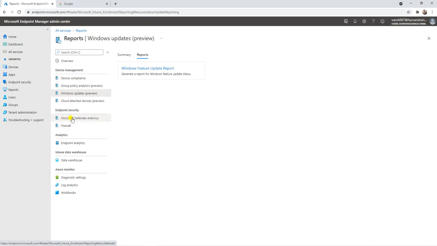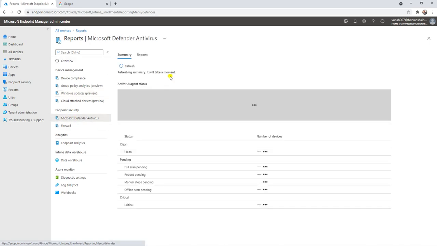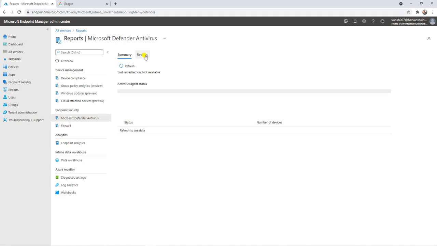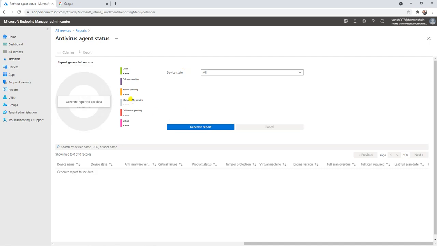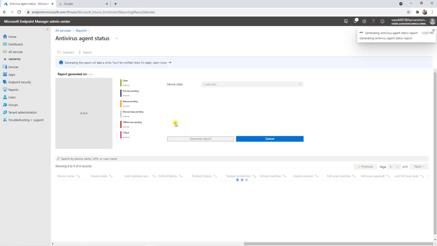Then this is about the Windows Defender antivirus report, how many devices are enrolled there, or the total clients. And if you want to check the in-depth report, you can click here. And the antivirus engine status, like clean, full scan, pending reboot. So these reports you can get in a chart and as raw data. And the device you can even change from here. What options do you want to select? Suppose you want to select only clean, so you can go with clean and generate the report. So that's how you can use this option.